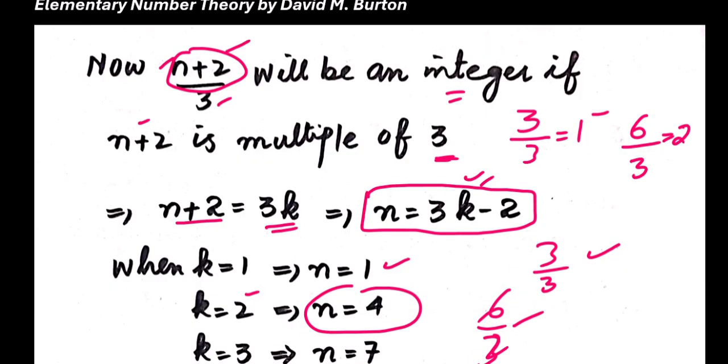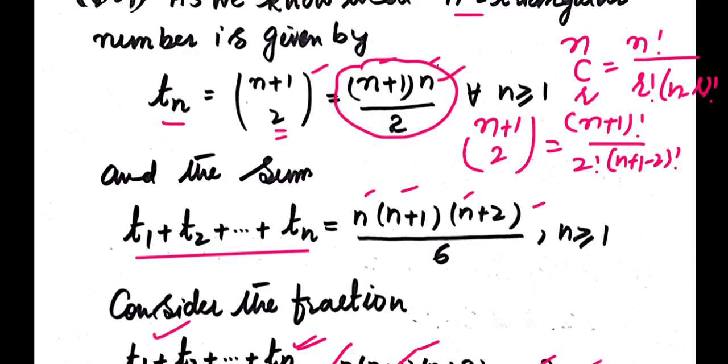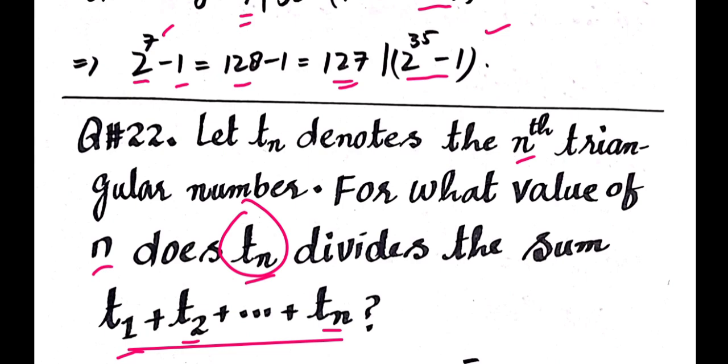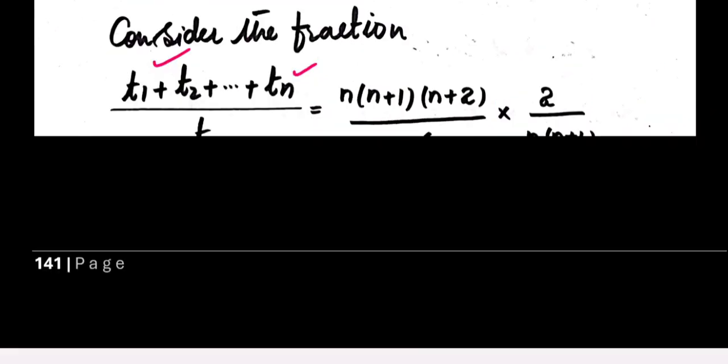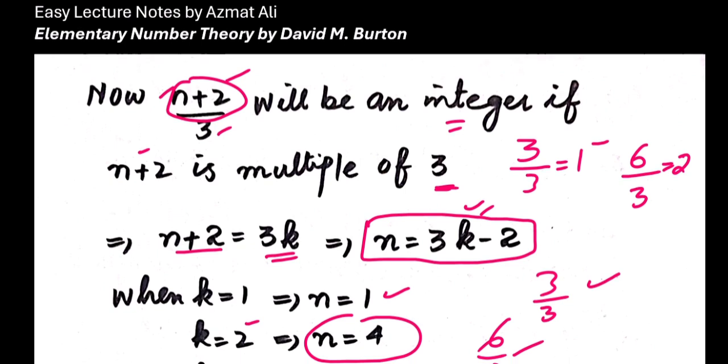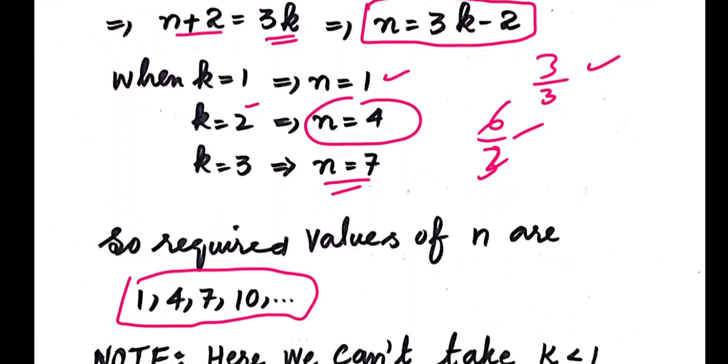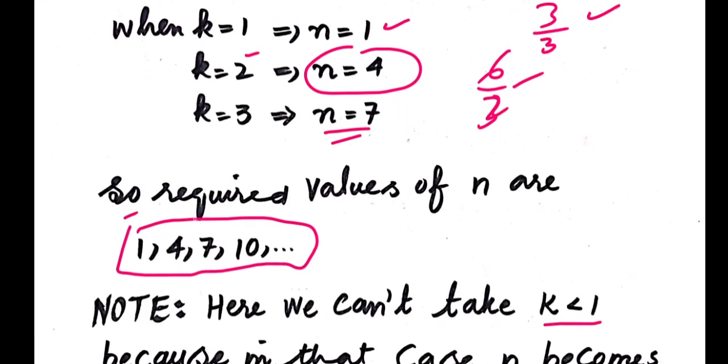But we need n to be positive, because it is given that when you define a triangular number, then n must be greater than or equal to 1. So in short, your n should be 1, 4, 7, 10. These are the values of n for which the sum of n triangular numbers will be divisible by the nth triangular